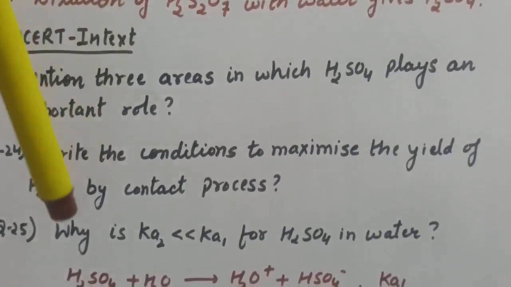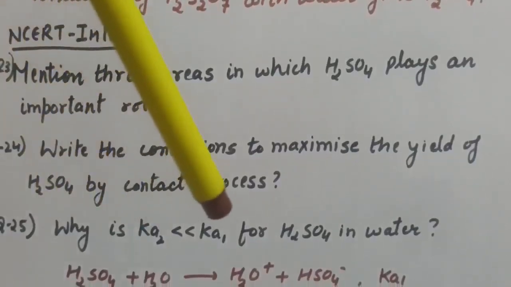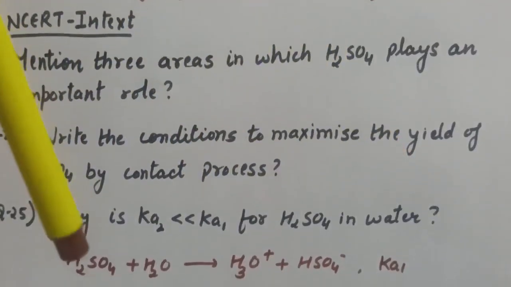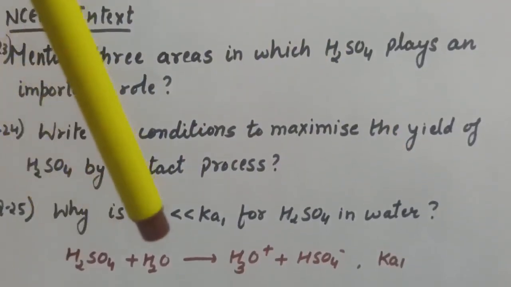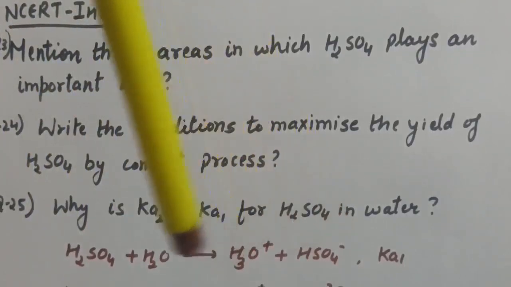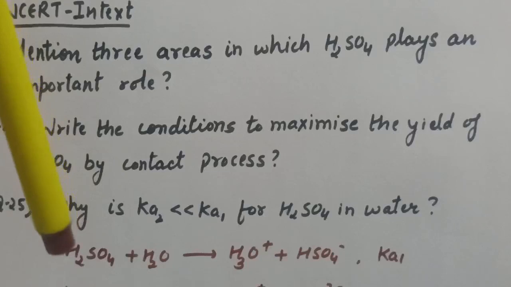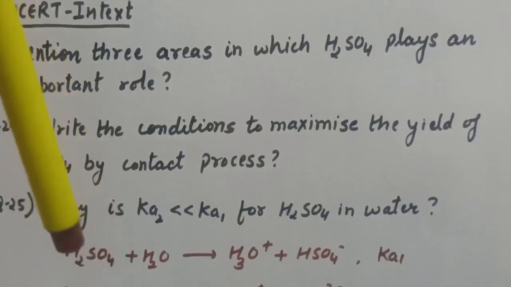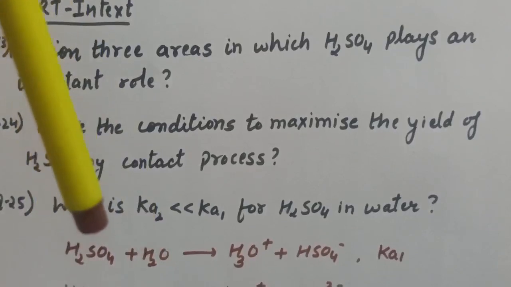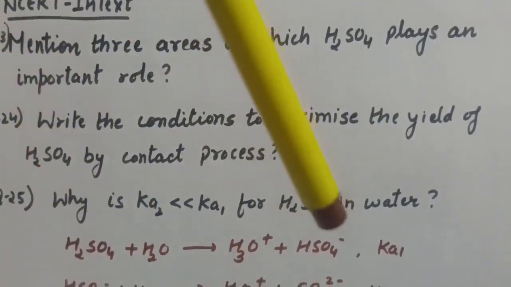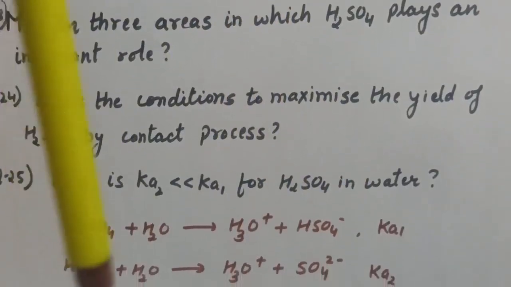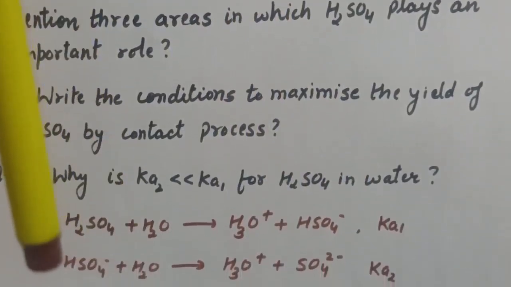Now next question is, why is Ka2 less than Ka1 for H2SO4 in water? And the answer is, when we dissolve H2SO4 in water, it will dissociate into HSO4 negative and H3O positive. H2SO4 being a strong acid in nature, it will give H plus ions, and water will accept H plus ions. Now after releasing one proton, it will become HSO4 negative, and